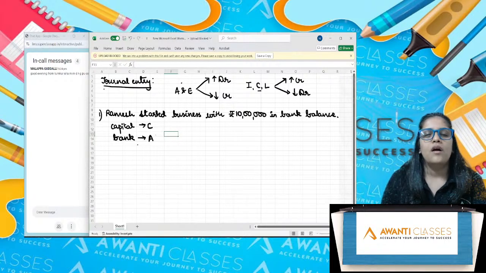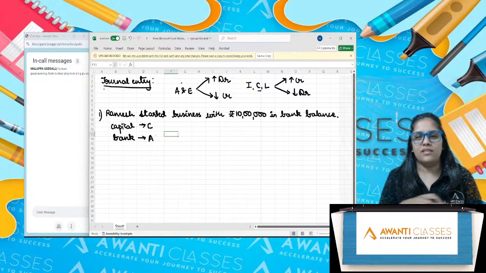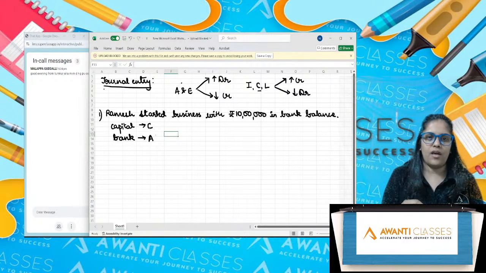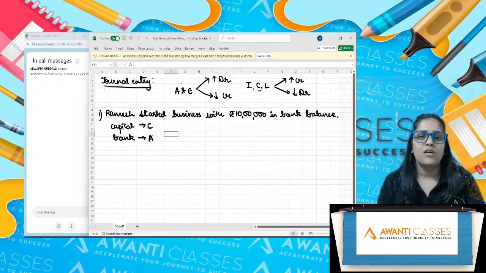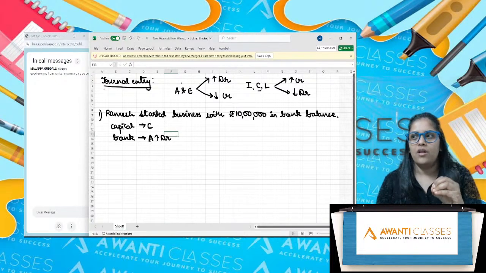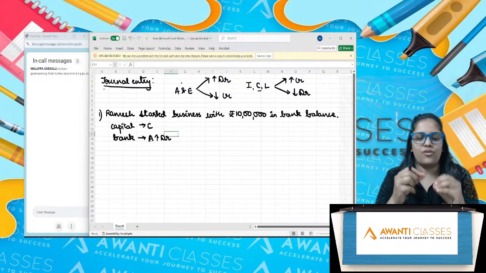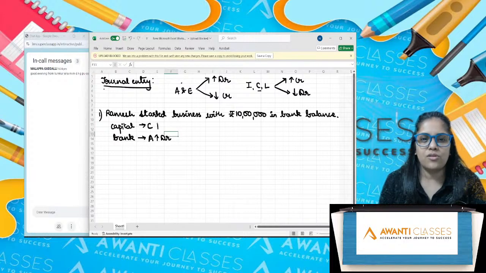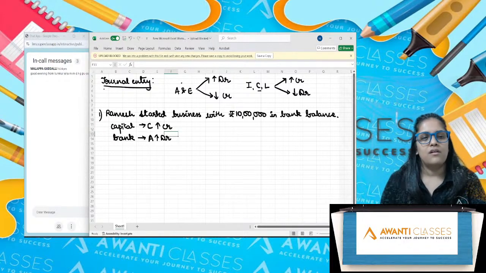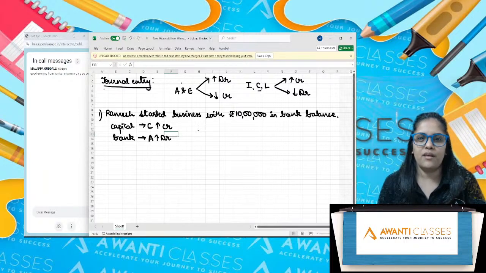Now, earlier bank balance was zero. Now he brought in money. So the bank balance from zero has gone up to 10 lakh. So asset is increasing. Asset increase, debit. Capital was also zero. Now he brought in capital of 10 lakhs. So from zero, it has become 10 lakhs. So capital is also increasing. So capital increase, credit. So the entry will be